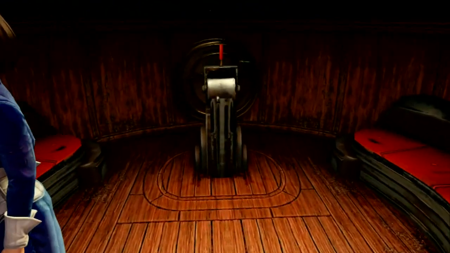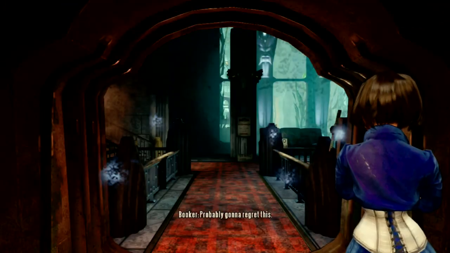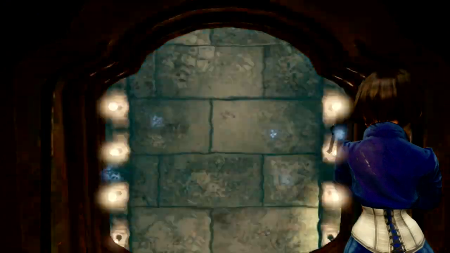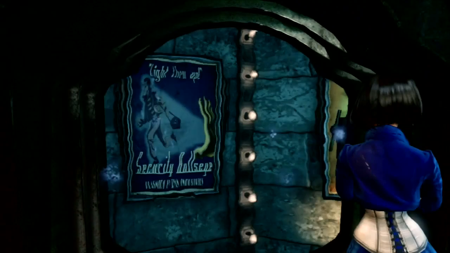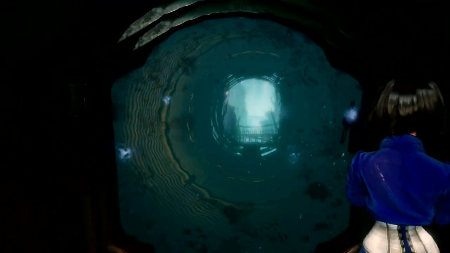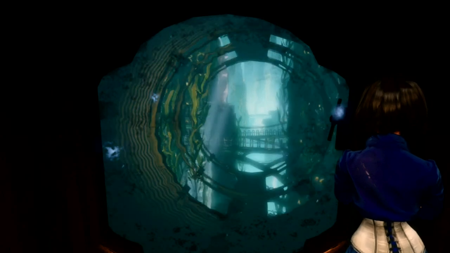And it's not just that. Take a good look at Elizabeth's dress, and I'll show it later as well. It's very reminiscent, there it is right there, it's very reminiscent of a Little Sister's garb, and that's just another little stipulation. I don't really know if that has much to do with anything or if that's just a coincidence, but